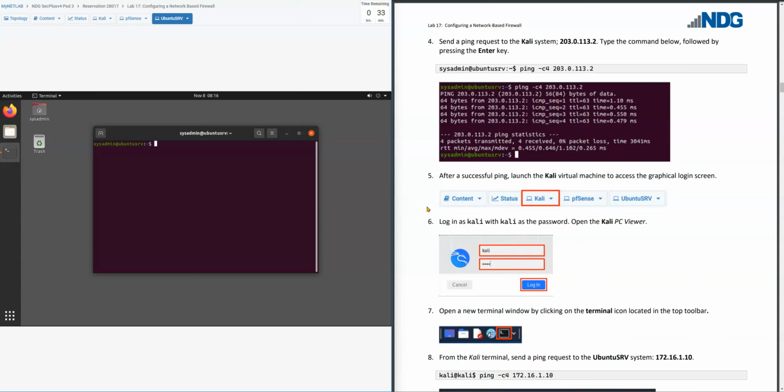203.0.113.2, and then to complete that, we're going to have to type in a ping command. So follow along. On the terminal window, you're going to see a white box. Just click on the white box and start typing ping in all lowercase, space, dash, c4, space, and then the IP address